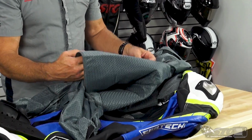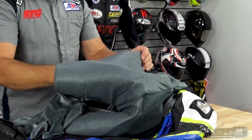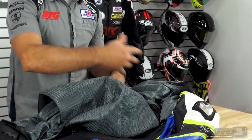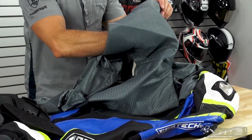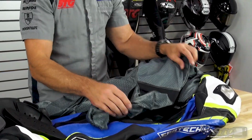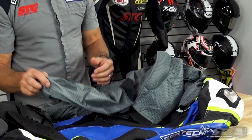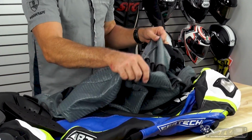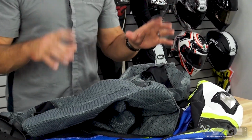I like that. It's pretty functional. The liner also includes a little foam that wraps around the hips and goes all the way across the seat just to help bolster protection in that area. You can see it's kind of a drop so it doesn't influence the comfort of the suit. Little motion panel spandex stuff here in the knees so it just moves with you and doesn't fight. You'll see that that's used at the waist as well as in the arms,